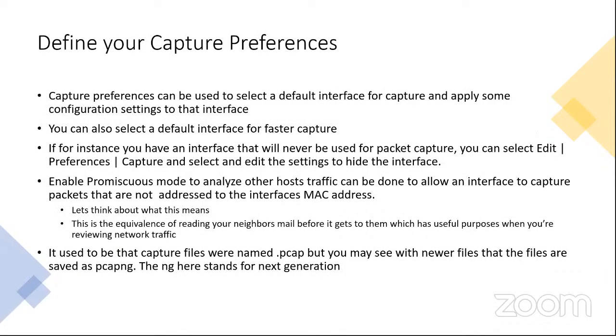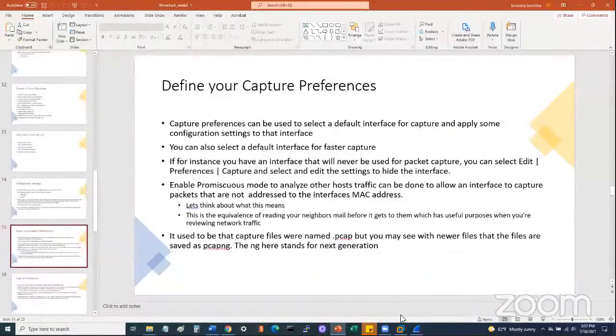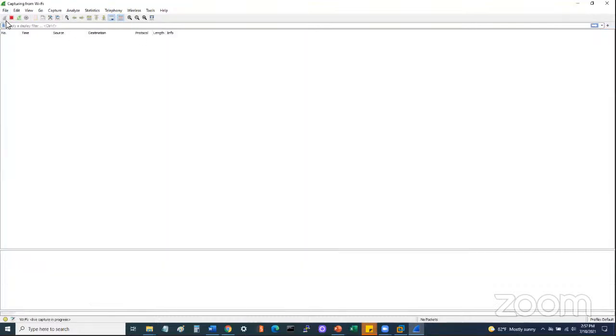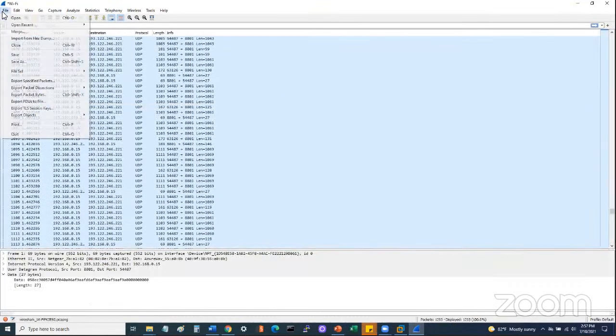Wireshark also allows you to define your capture preferences. Capture preferences can be used to select a default interface for capture and apply some configuration settings to that interface.